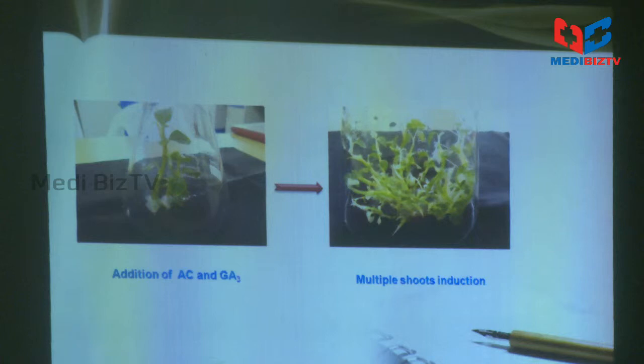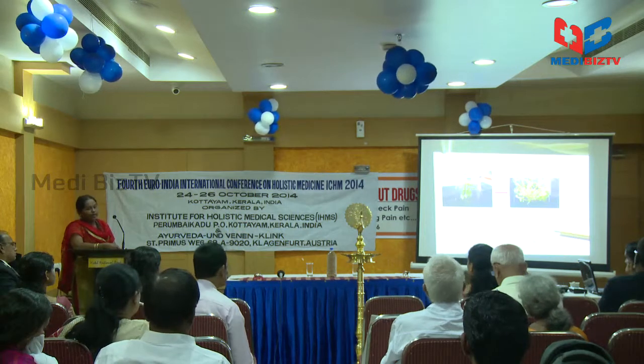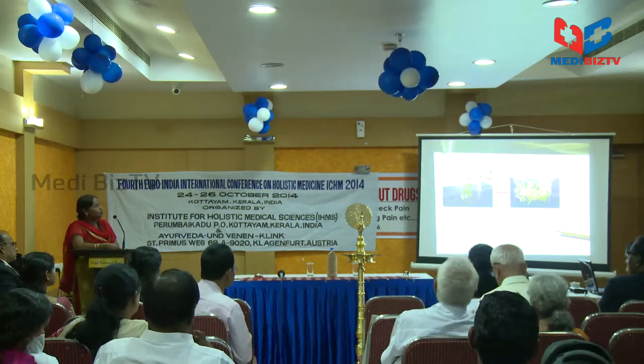This is a figure with the addition of activated charcoal and GA3. Activated charcoal was added to remove the phenolic exudates, and GA3 is used for shoot elongation as well as shoot multiplication. And this figure shows formation of multiple shoots that is done with the help of BAP 0.5 mg per L plus addition of NAA along with IBA at 1 mg per L was induced for shoot